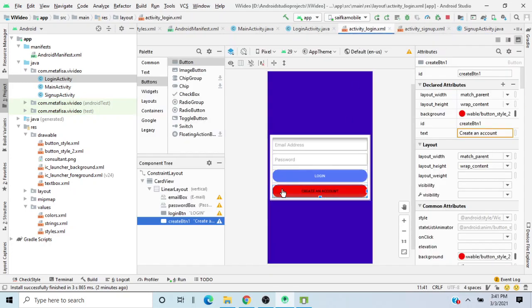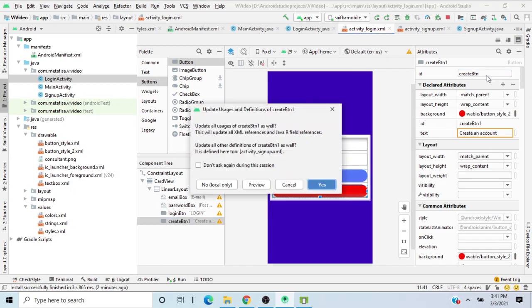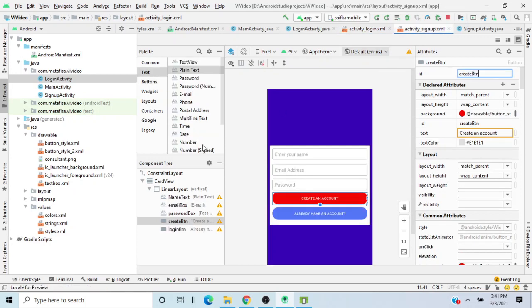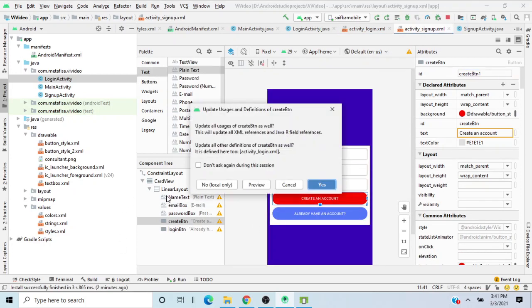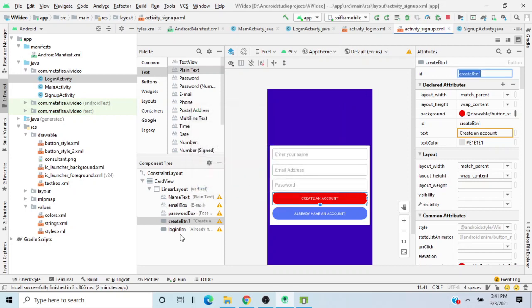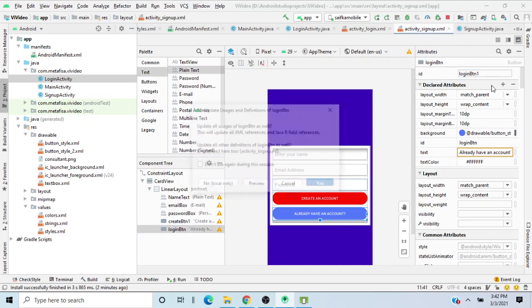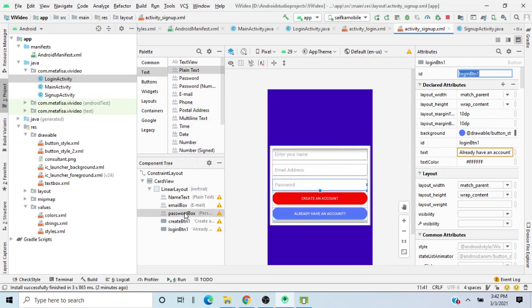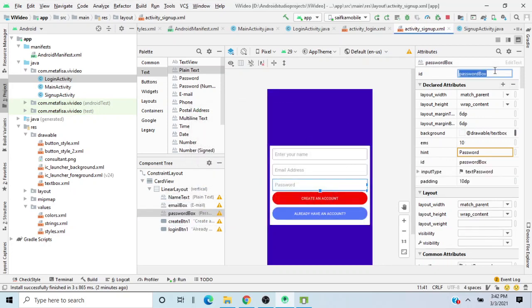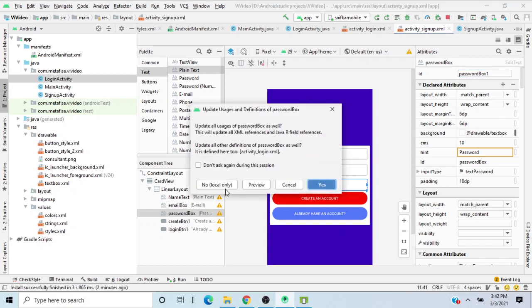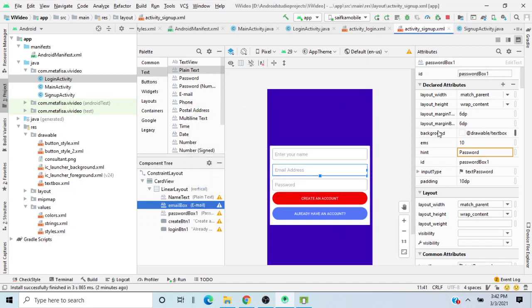What we will do over here, we'll just make this thing as create button, yes, and we'll just change this thing locally, and I'll do the same thing for this thing as well, locally, and password box 1, email box 1,